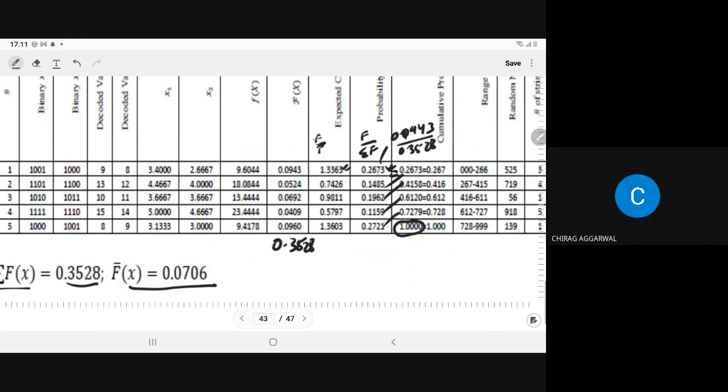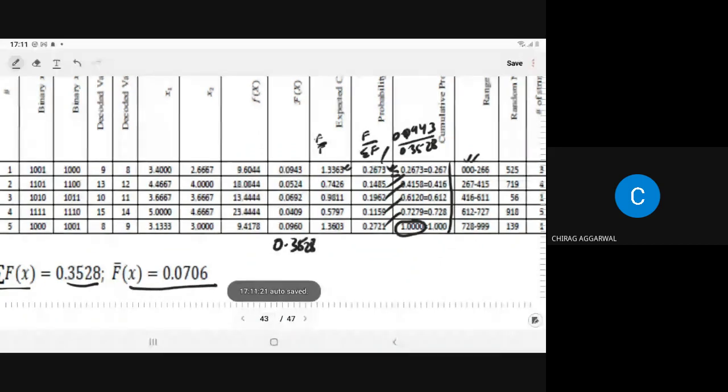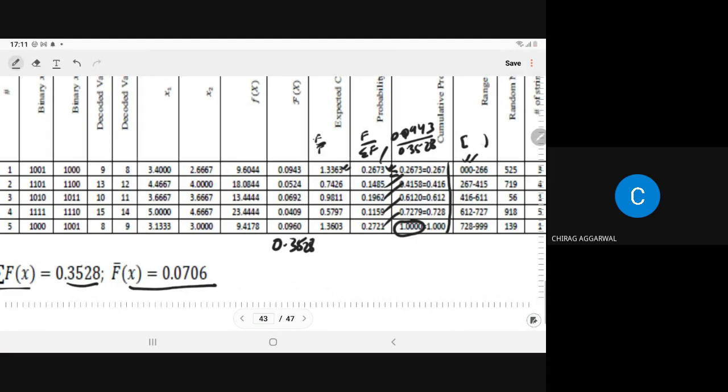So here it is given to you, we will use the 3-digit random number. So here we round off. In the cumulative distribution we round off for the 3 digits. So 0.267. Due to the 0.267, the range will be 0 to 266. Then the range is 267 to 415 only, meaning from the left side it should be closed, from the right side it should be open. So due to the open on the right of 267, we have to consider 266 as closed, right?